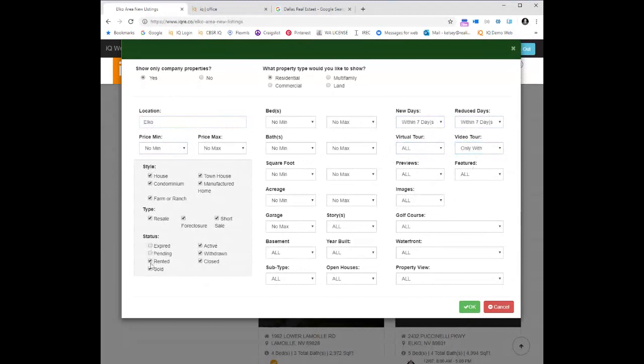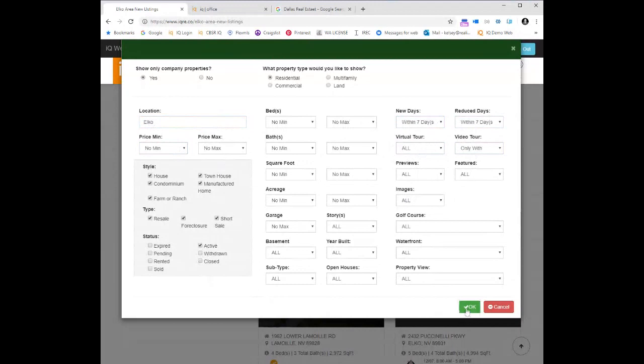I don't want expired. I don't want pending or rented or sold. I just want active. I click OK. It's going to say there's nothing there because I overdid what my demo site can do. So now I'm going to click save again. No, not only company properties. Save, and it will edit. I'm going to refresh my page real quick. So here's all those listings